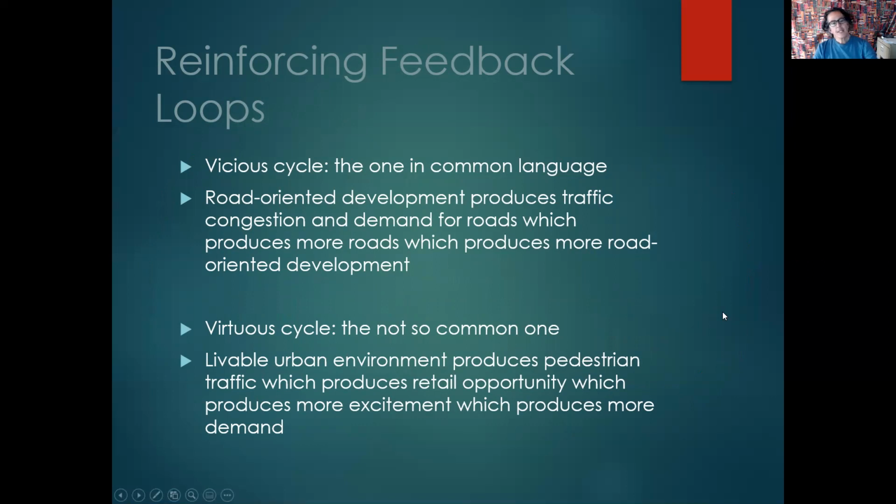So those reinforcing feedback loops are what we talk about when we say either a vicious cycle, which is the example I just gave, or a virtuous cycle, which is where a good thing makes more good things. So for example, if you were making the downtown a place where people felt more comfortable on the street, you would need to get more people on the street. And once you have more people and more eyes on the street, people will feel more comfortable there, and more people will come, and more businesses will be able to open. So there you have a virtuous cycle of inhabiting a place.